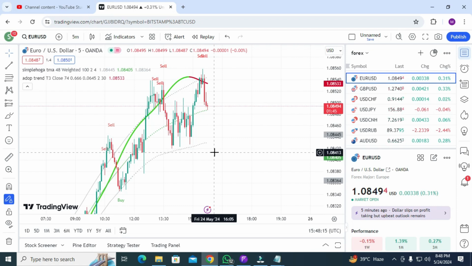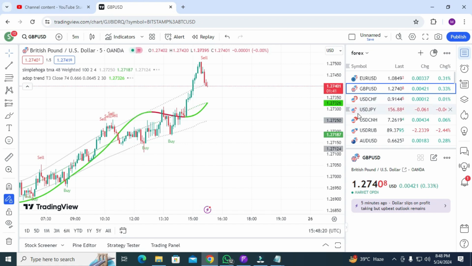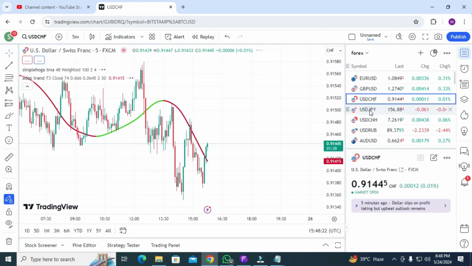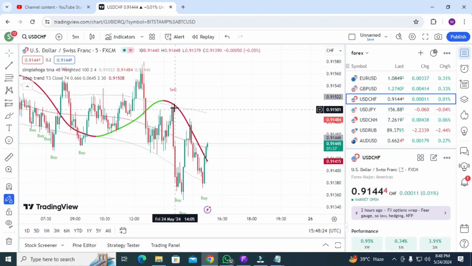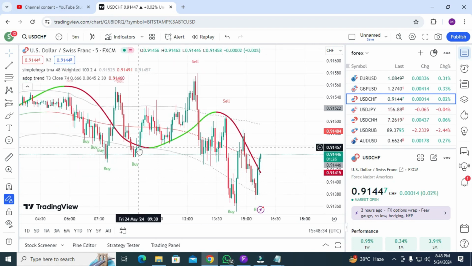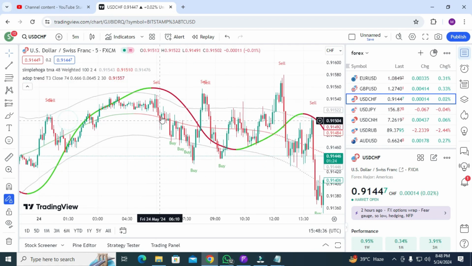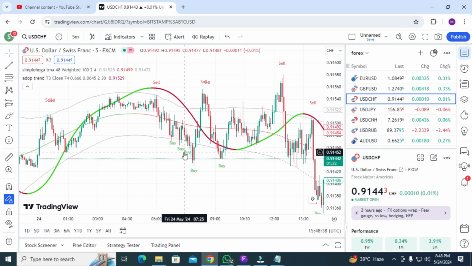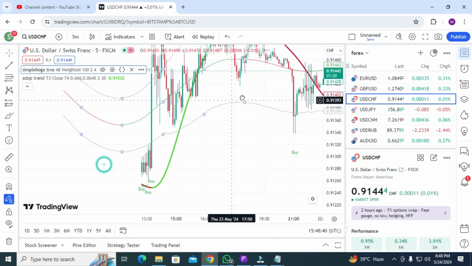Okay, now let me show results in some other pairs like EUR/USD, USD/GBP. You just need to follow this. Like when the adopted line is upside from the upper band line, you get the sell signal. You need to go for the sell trade, and you need to book your profit here. Like here you can go for the buy trade, book your profit here. This is your perfect sell trade. You can book your profit here, and this is your perfect buy trade.